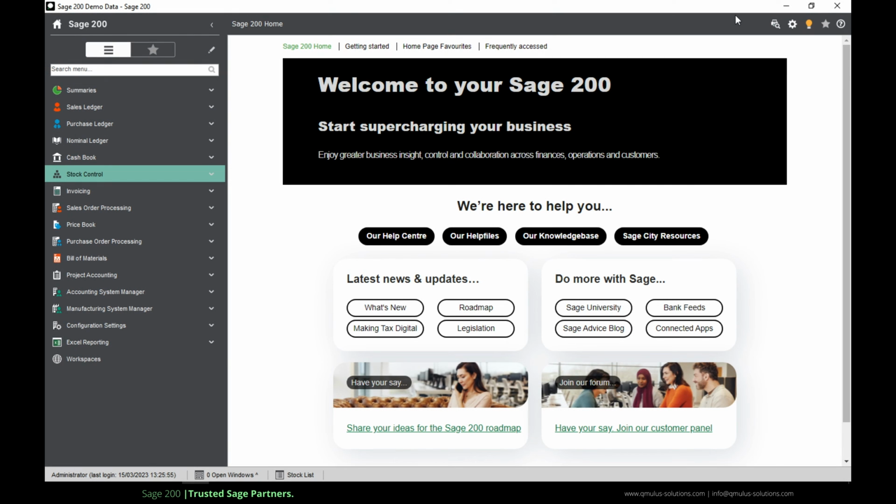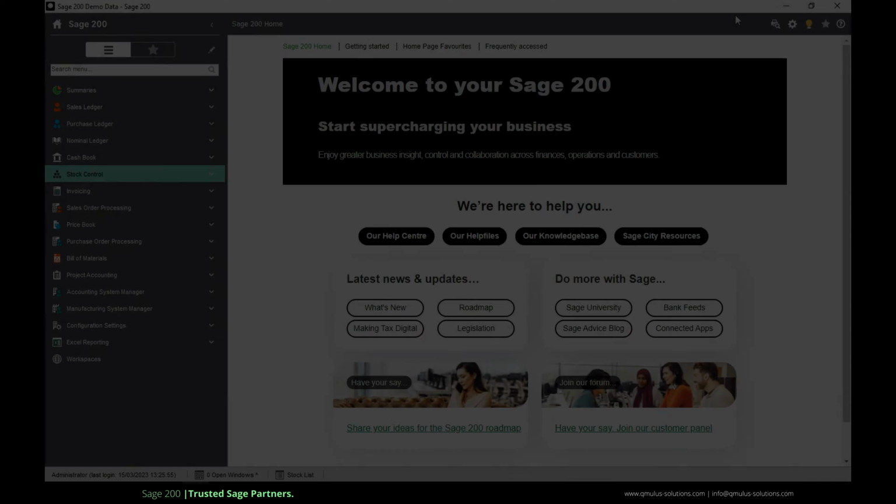In our experience, many companies have quite different stock requirements, from the simple we buy things in and sell them again, to much more complicated stock requirements, including MRP, serial and batch number traceability, multiple stock locations, holding stock in different units of measure, and of course analytical inquiries and reporting.